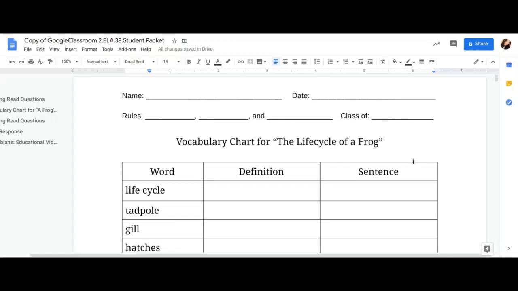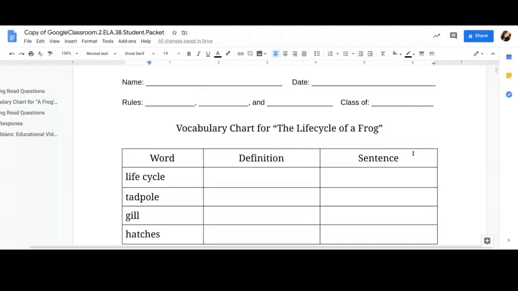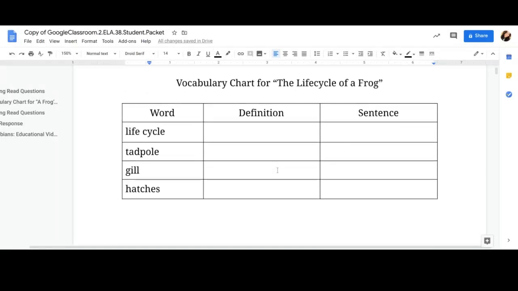Let's go ahead and dive in on what we need to do for Tuesday. Happy Tuesday, scholars. Let's dive into the text on what you need to do to complete your Tuesday tasks. Now, before we begin, we need to make sure we have everything completed for Monday. For Monday, you needed to have completed the vocabulary chart,